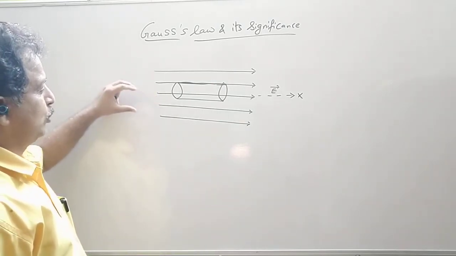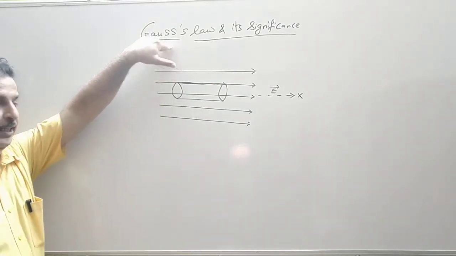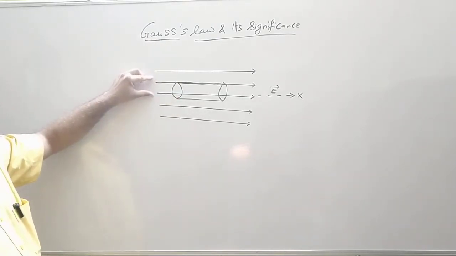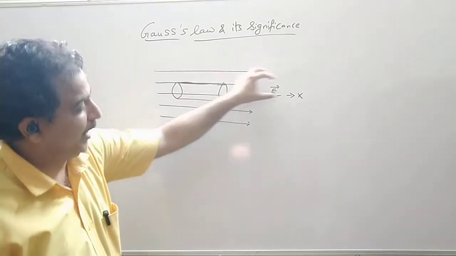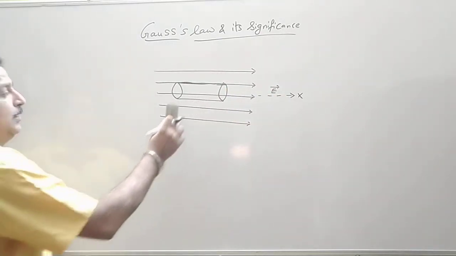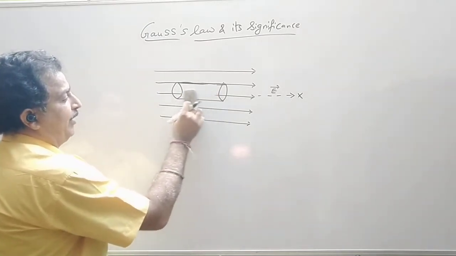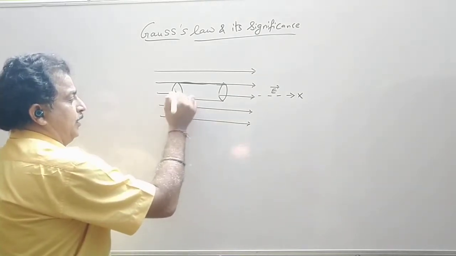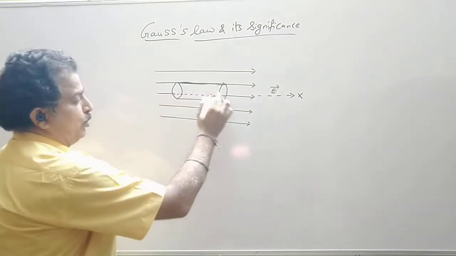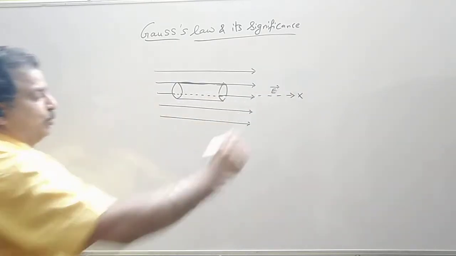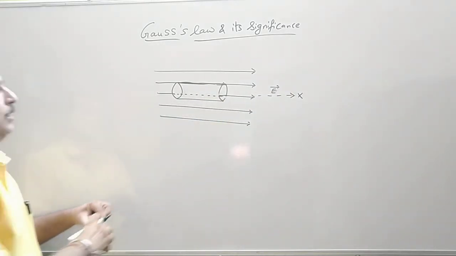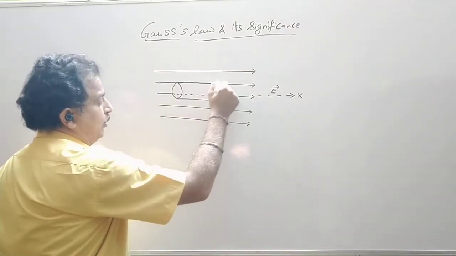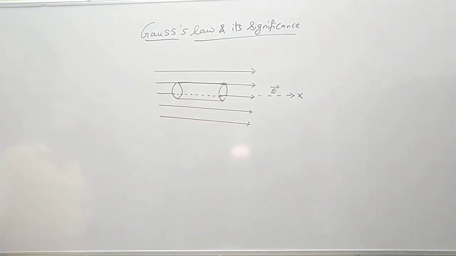In other words, we can also say flux is the number of field lines passing through unit area. Whatever number of field lines enter through this surface, for example here 2 field lines, that many field lines emerge from it. We will see in the next chapter what happens, because the electric field will not actually pass through this closed surface. There is some theory related to it. For the time being, I am denoting this by a dotted line. The field lines are passing through.